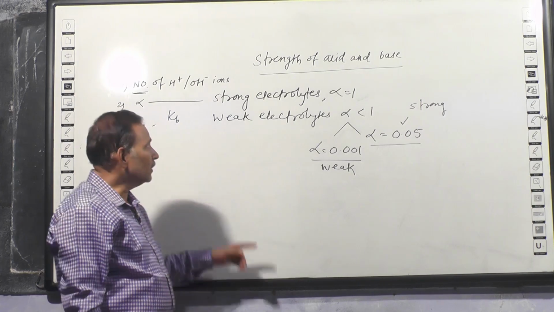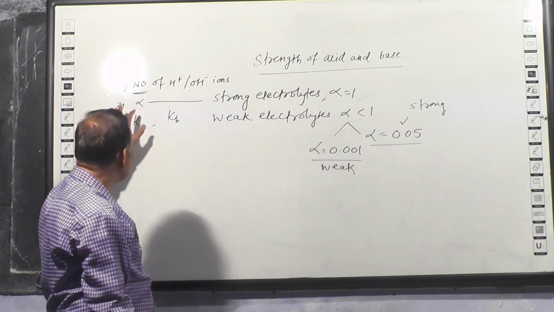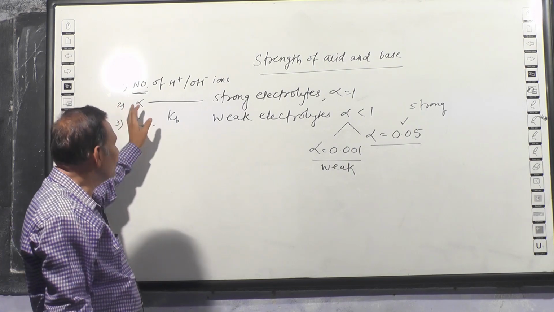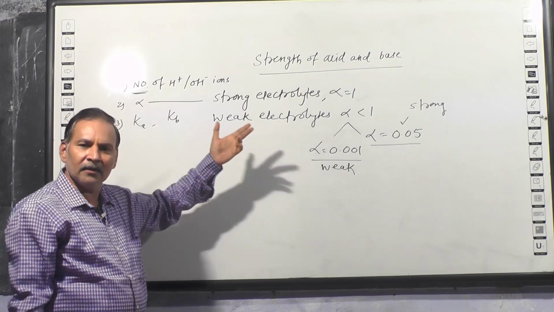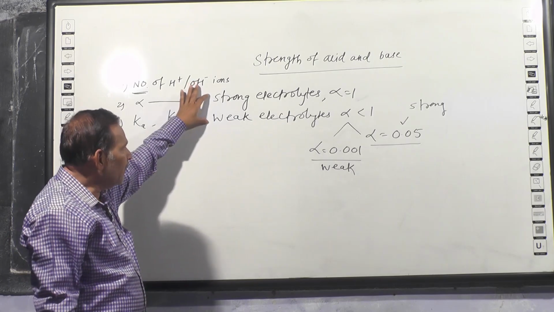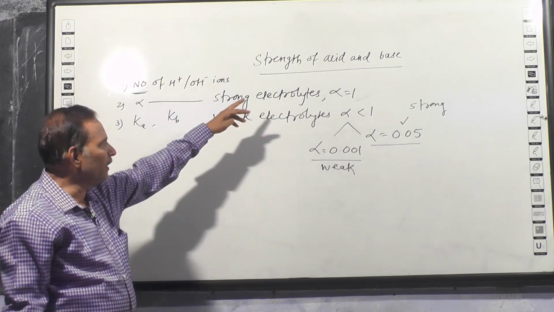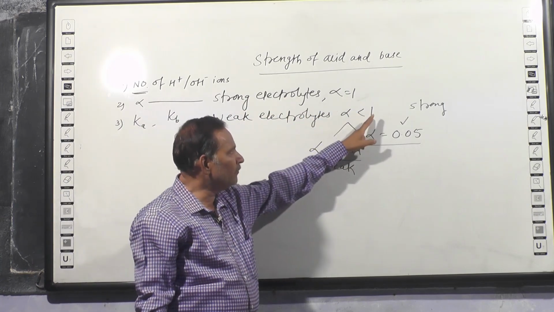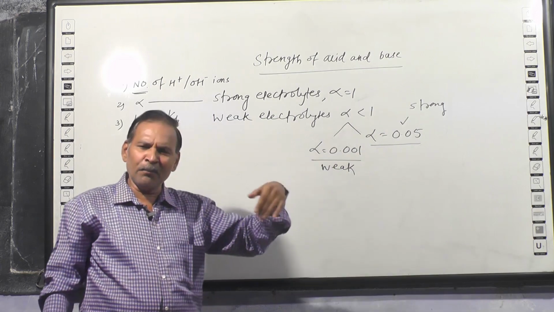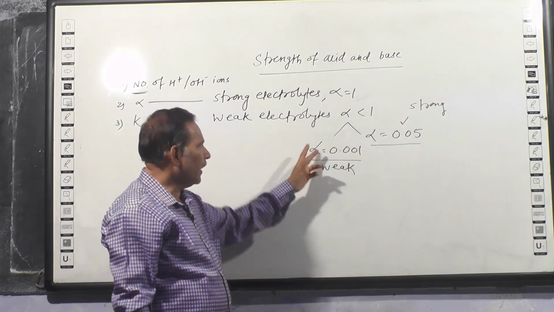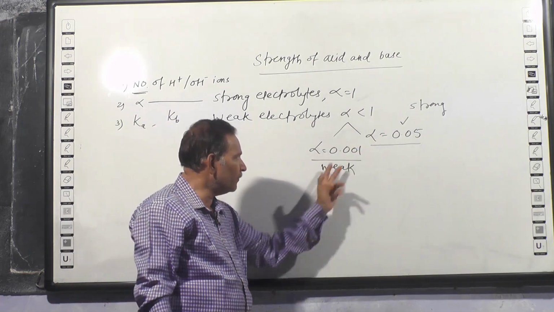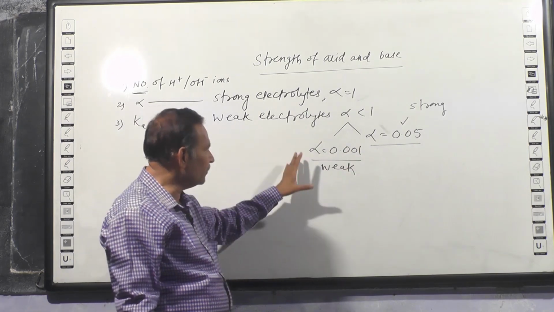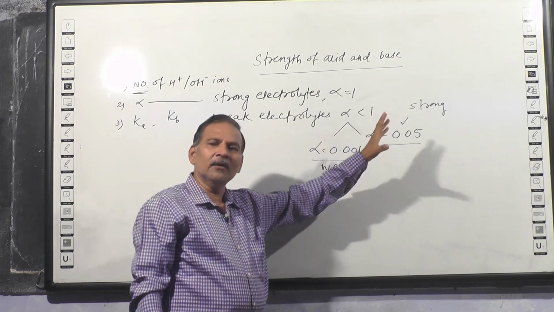So the strength of acid and base is decided by the second factor, that is degree of dissociation, which we have already seen in earlier lectures. So the point that is to be remembered, for strong electrolytes alpha is always 1, for weak electrolytes alpha is always less than 1, but there are many values which are less than 1, and therefore by comparing the values of alpha for the two acids or two bases, we can decide which acid is strong or base is strong and which acid is weak or base is weak.